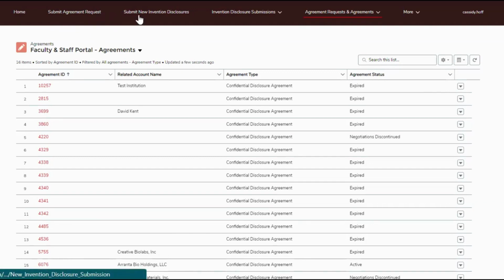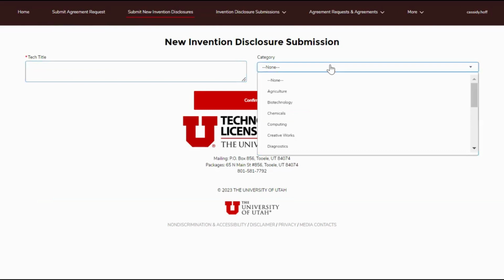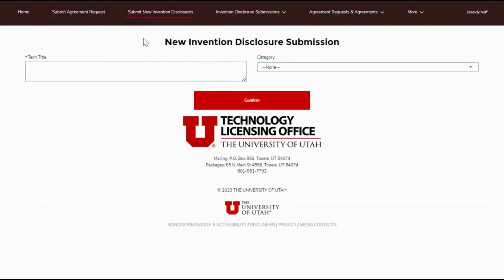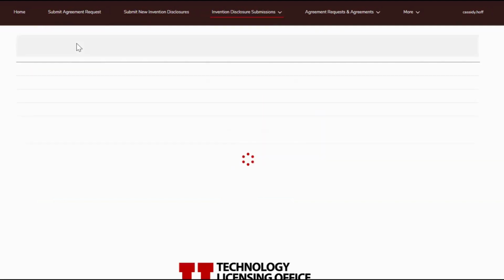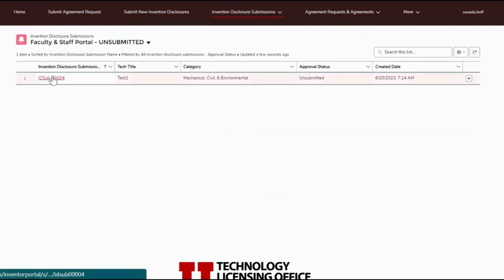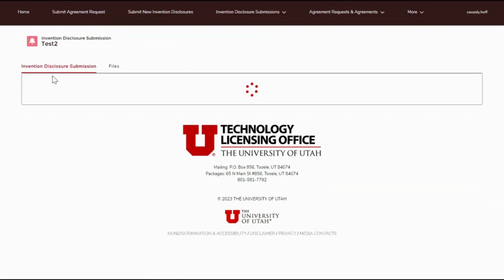Now that I've demoed submitting an agreement request, I'll demo submitting a new invention disclosure. So you'll come to this page, you'll enter a tech title and then a category. I already have an invention disclosure submission in the works, so I'm going to go ahead over to this invention disclosure submission tab and click on in progress to see my in progress invention disclosure submissions. I'll click on this open submission that I have yet to submit,